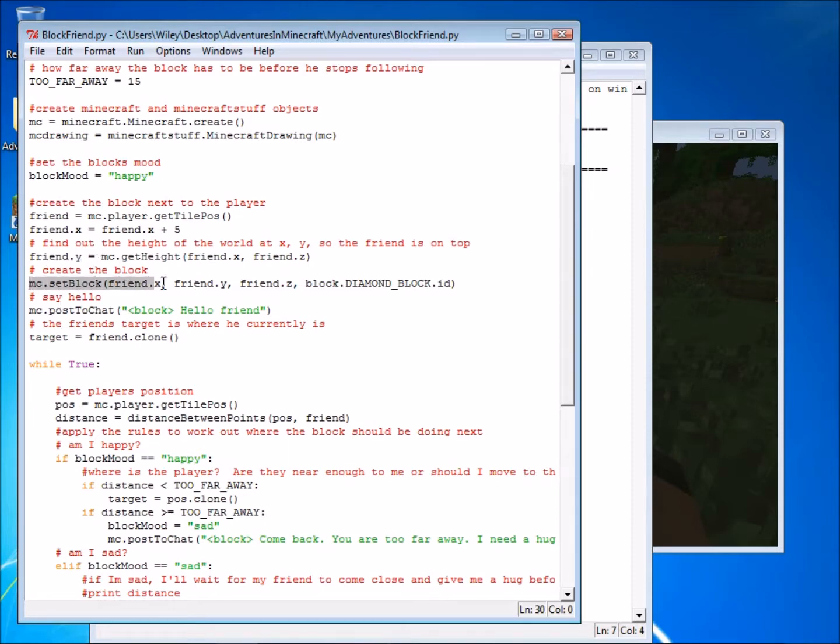Next thing we'll do is actually create the block. So create the diamond block that will be our block friend. Post to the chat window and say hello. Now the block friend always moves towards a target, a target position, which is normally the player's